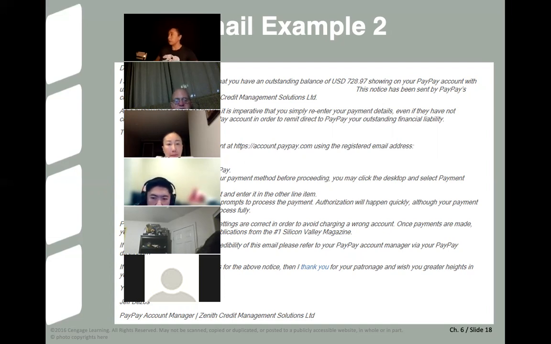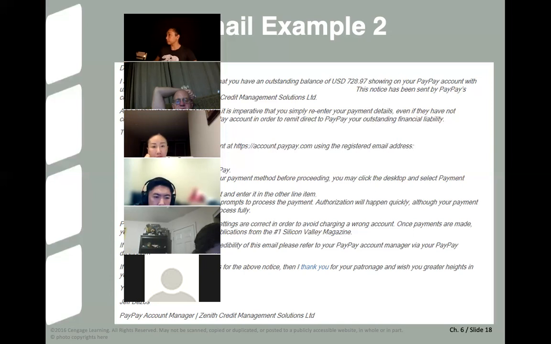Then you choose the amount that you're going to pay, and then you click and you follow the remaining instructions. So real simple. "Please ensure that your payment settings are correct to avoid charging a wrong account. Once payments are made, you'll start receiving these publications from the #1 Silicon Valley magazine."